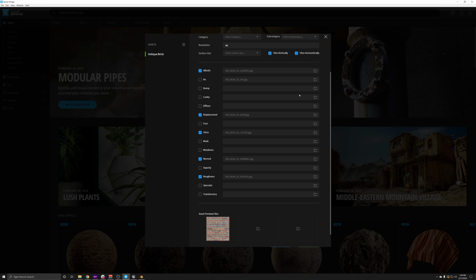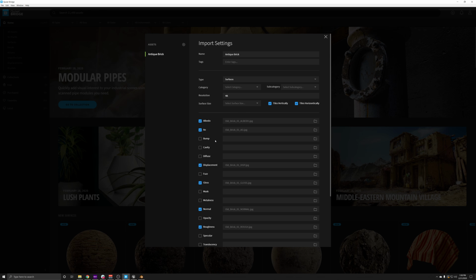This is actually, I didn't plan for this. Here we go. So one thing that you really need to think about whenever you import a custom asset is how you want Bridge to filter it. Because yes, all of your assets you can filter the same exact way that you can with all the Megascans assets.